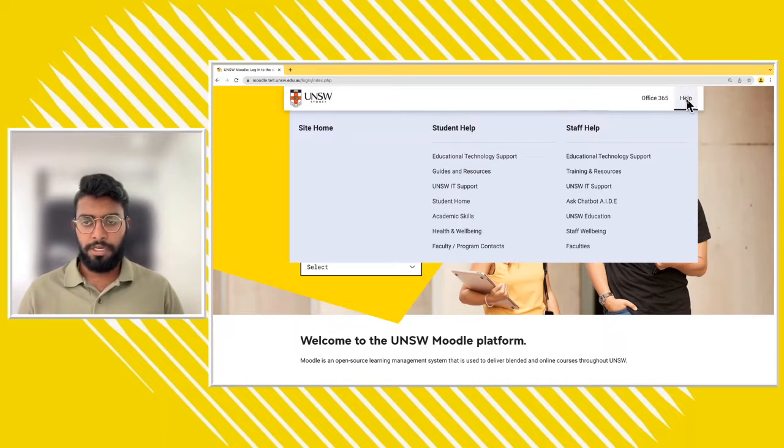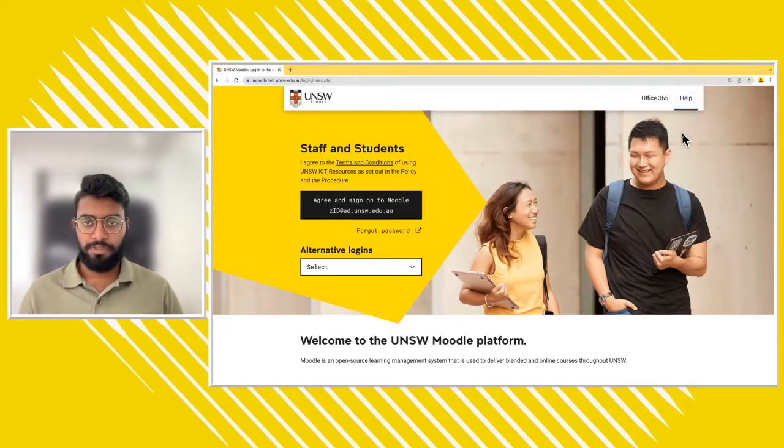So yeah, that's a quick help option, which you can access right away from the top. And then as we move down, we have the login option. And then there are some alternate login options where you can find information about if you do not have a ZID, then there is an alternate login that's available that you can access as well.